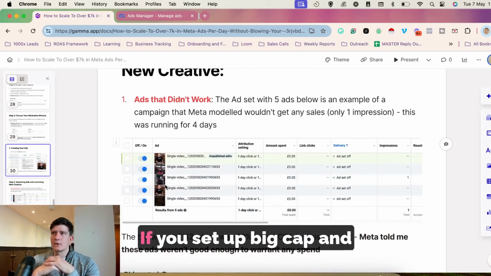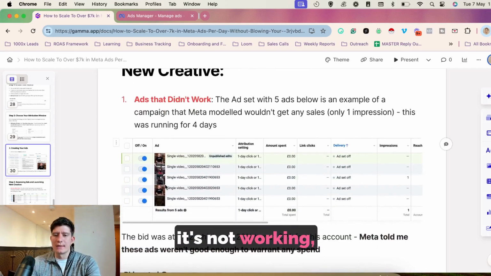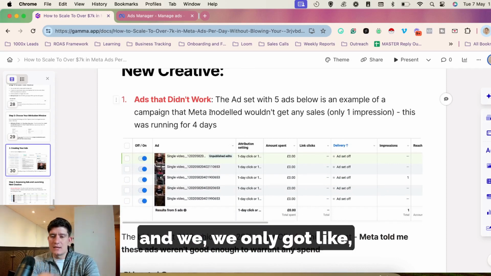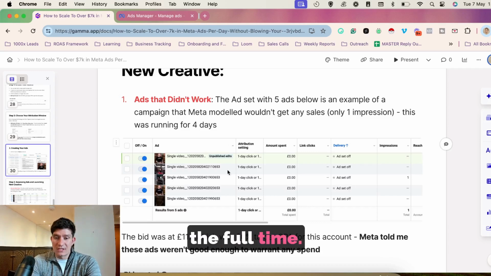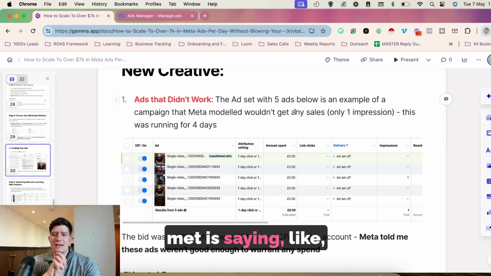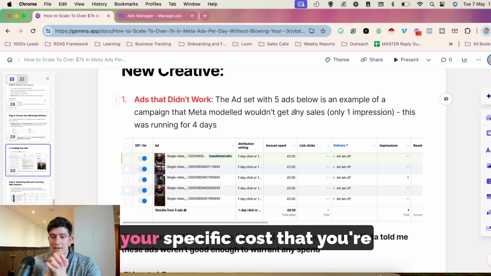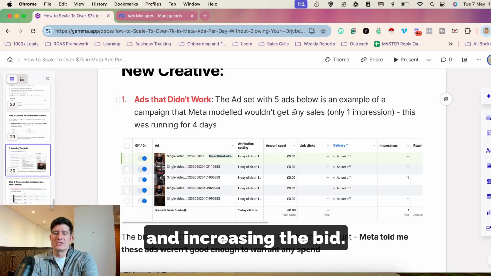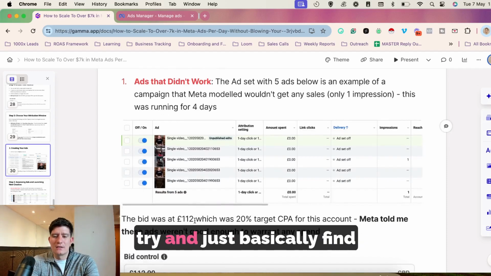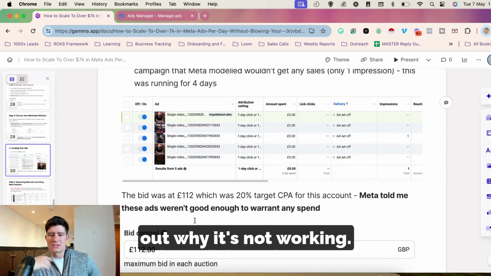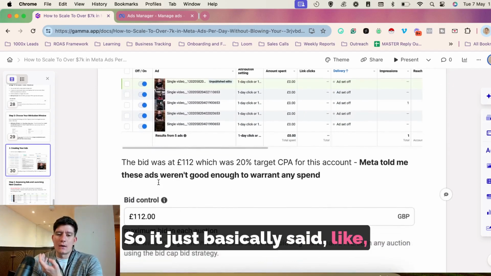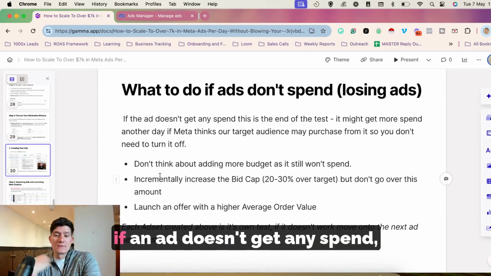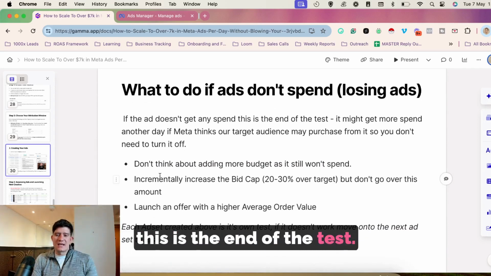So this is an example if you set up bid cap and it's not working. We created 5 ads and we only got like 1 impression for the full time. Meta is basically saying these ads aren't good enough at your specific cost that you're trying to hit. So without increasing the bid, we need to try and find out why it's not working. It just said these ads weren't good enough to warrant any spend. So what to do if the ads don't spend? If an ad doesn't get any spend, this is the end of the test basically. You need to be